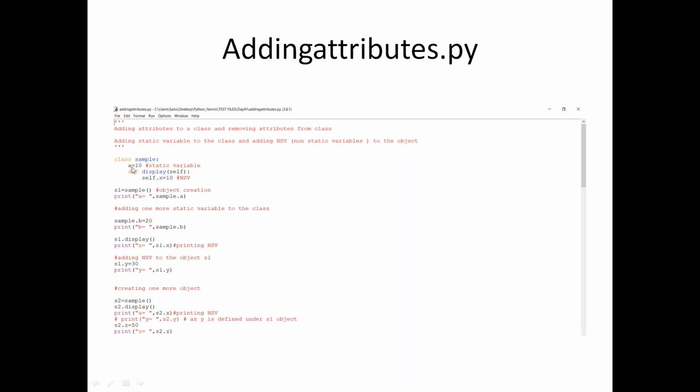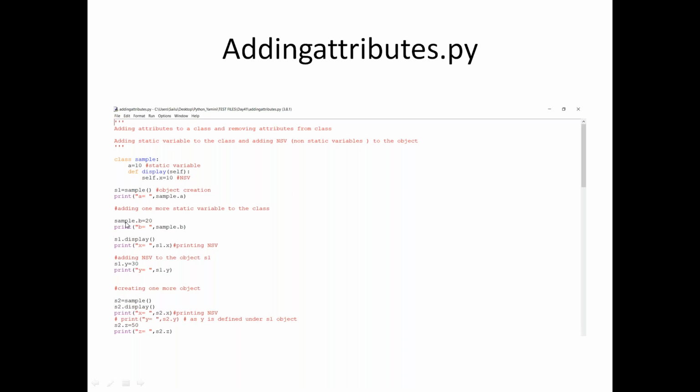Now I'm going to call this object. I'm going to refer to this class with the reference of object s1. So s1 equal to Sample. So my object is created. The address of the class is stored in s1, indirect address. Now when you say print a, for the static variable I'm going to prefix with the Sample class name, Sample.a. It is going to print.